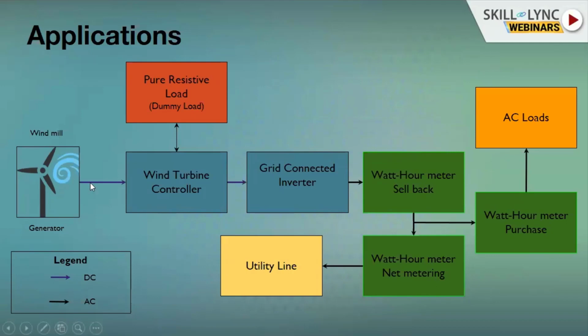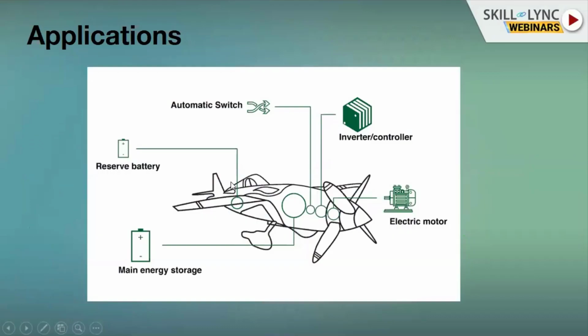If there is any extra power generated through the windmills, it is dumped into a resistive load, because the whole system would be designed for a specific power. So if the total amount of power produced is going to be more, then it will be dumped into a resistive load so that these systems are safeguarded. So this is one more application from your renewables point of view.